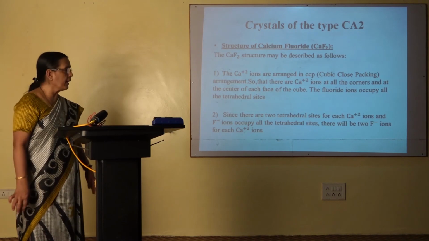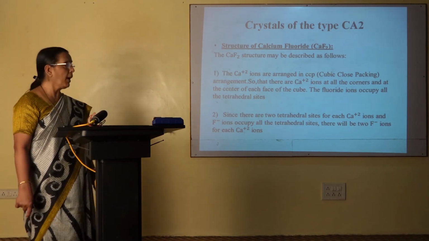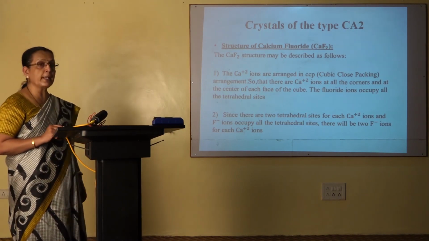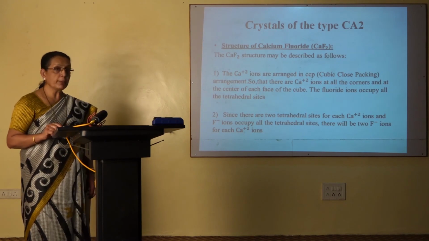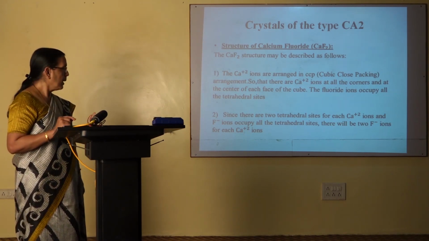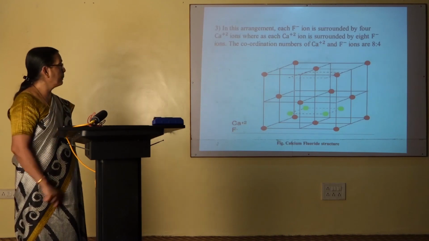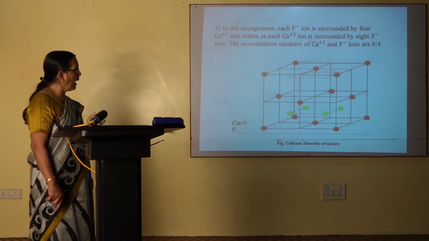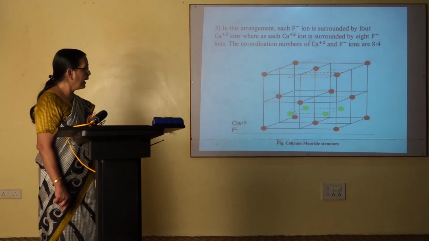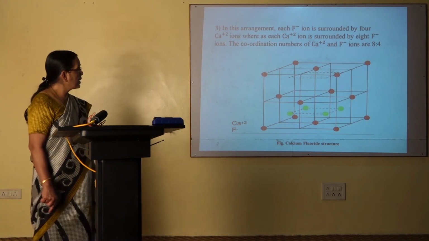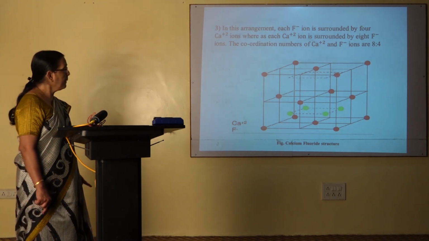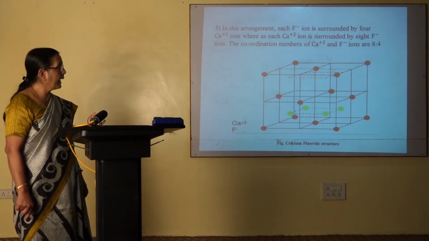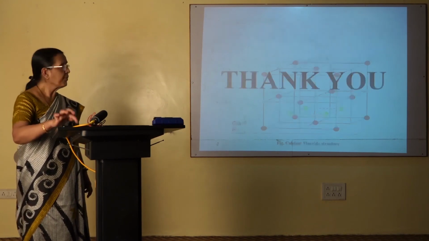Since there are two tetrahedral sites for each calcium ion and fluoride ions occupy all the tetrahedral sites, there will be two fluoride ions for each calcium ion, as seen in the figure. In this arrangement, each fluoride ion is surrounded by 4 calcium ions, whereas each calcium ion is surrounded by 8 fluoride ions in the figure. The coordination numbers of calcium and fluoride ions are 8 and